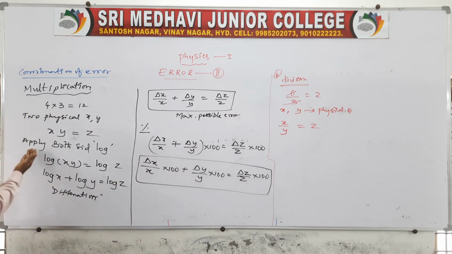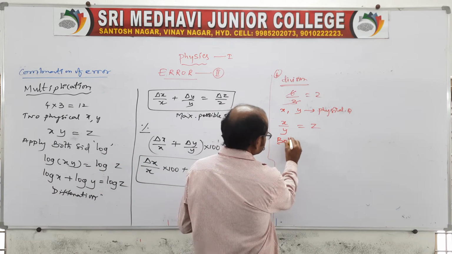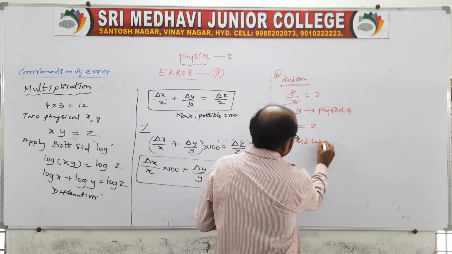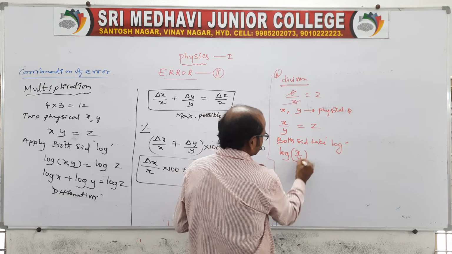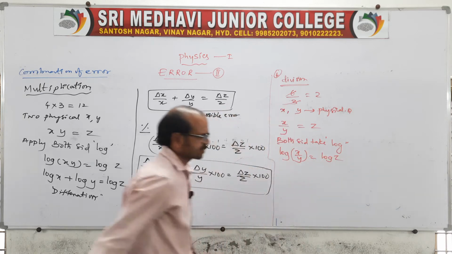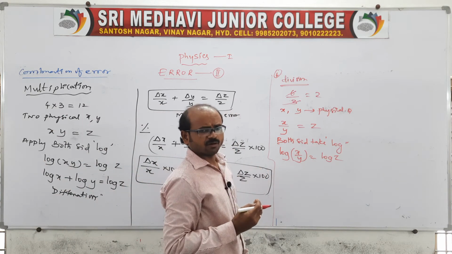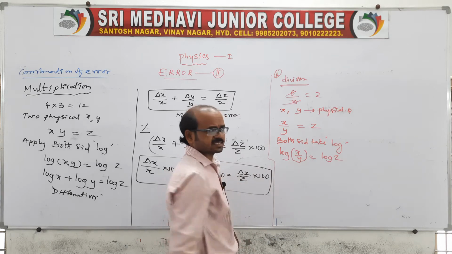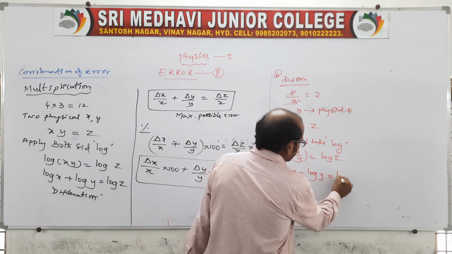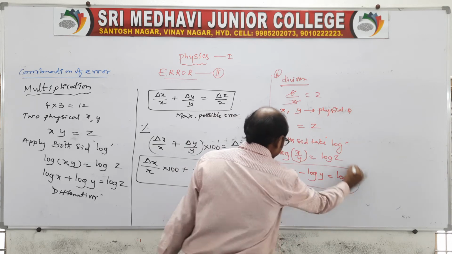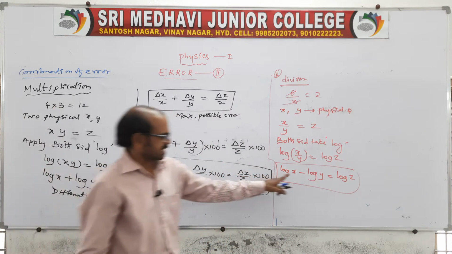Again, same as in the previous one, we applied the logarithm on both sides. Here also you apply the logarithm on both sides. Therefore, log of x by y is equal to log z. Again, log of x by y we can write, in the mathematical form a by b or m by n, as log x minus log y. Here the maths relation: log x minus log y is equal to log z. Same, look here: in multiplication we get plus and in division we get minus, that's all.